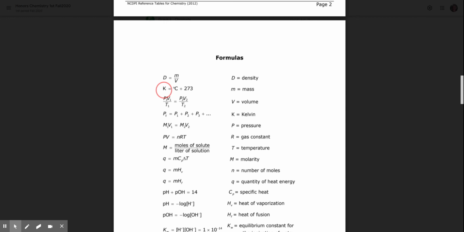Otherwise, you have it written incorrectly. Kelvin conversion is next. Kelvin is equal to degrees C plus 273. We used Kelvin temperature exclusively when we were dealing with gases, and that's what the next few formulas have to do with: gases. So we have the combined gas law, P1V1 over T1 equals P2V2 over T2. You know you're going to have to use that gas law if you're given pressure, volume, and temperature, and they ask for another pressure, another volume, or another temperature. So it's about the same gas in just 2 different